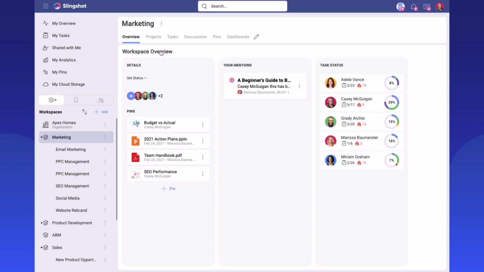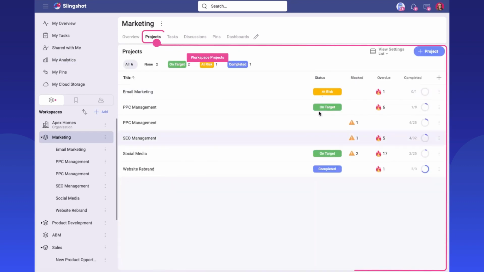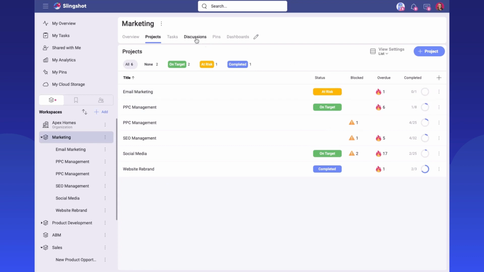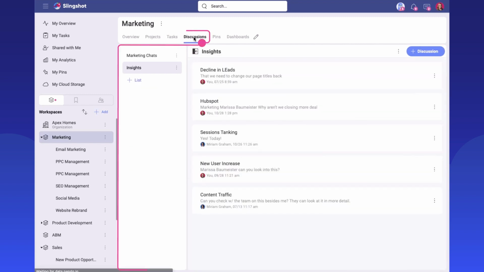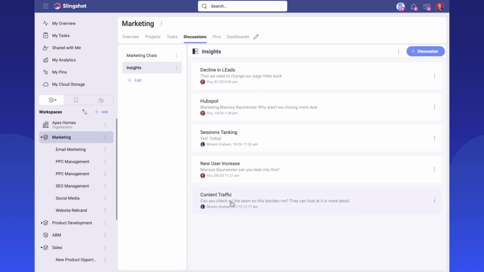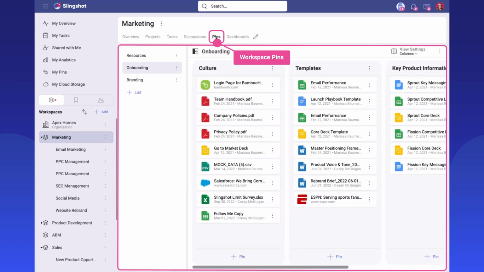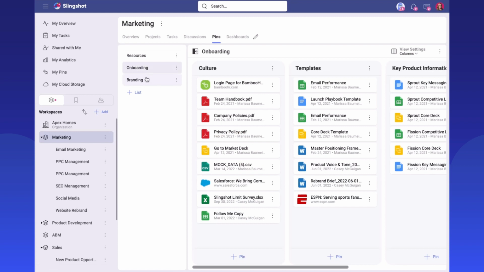about that workspace. You'll be able to see all of your different projects and then a status and a high-level view of them. You can have workspace level tasks. You can have workspace level conversations, so anybody on this workspace has access to these discussions to collaborate around. You can have pins where you can store really important URLs and content that you need for your team to